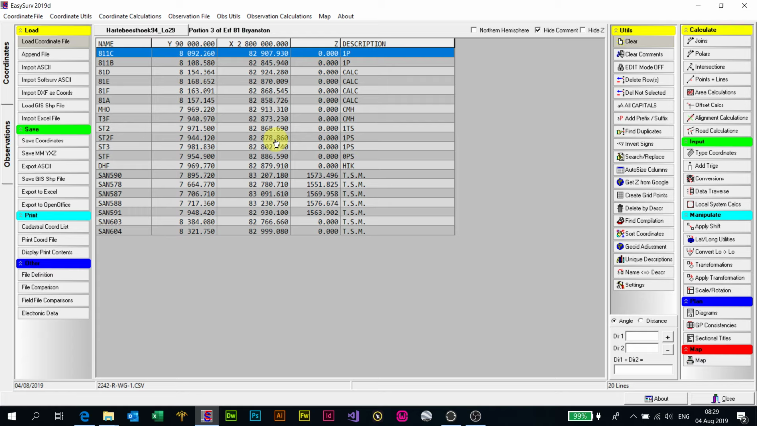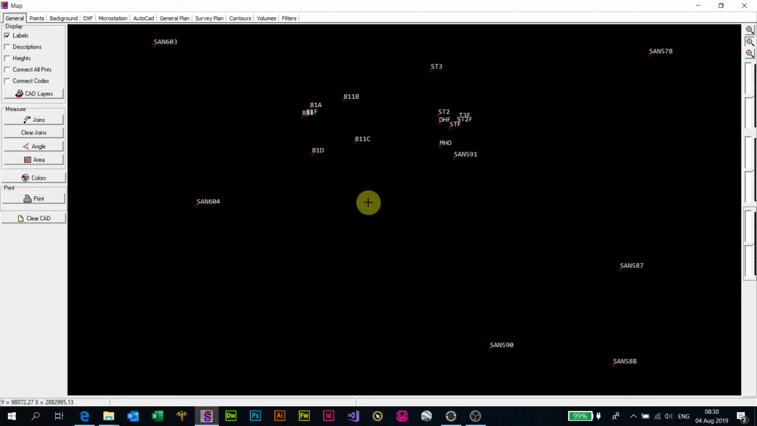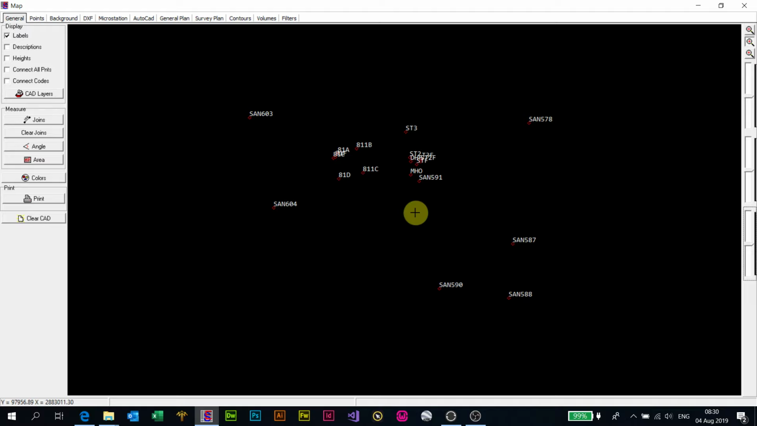What I want to look at today is the map function. This is a very, very useful tool, just showing you what your data looks like once you've imported. If you've got your y and x values mixed up, or if you've got a y on one of the constants, you can see it straight away just by looking at the orientation of the file in the map. Here we are able to zoom in and out just by using the mouse wheel,